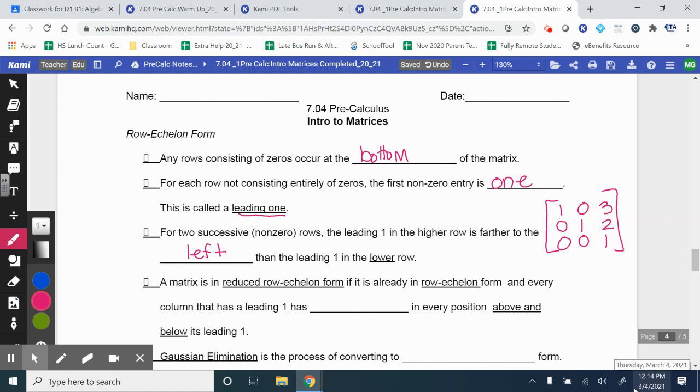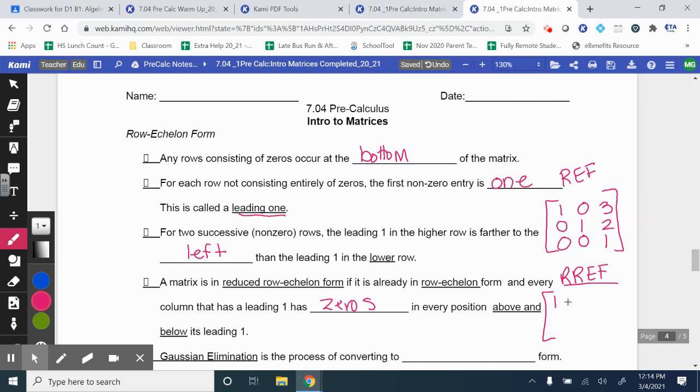So that in each of these ones should have zeros below it. A matrix that is in reduced row echelon form, if it is already in row echelon form and every column that has a leading one has zeros in every position, both above and below its leading one. So here, this is just row echelon form. In reduced row echelon form,